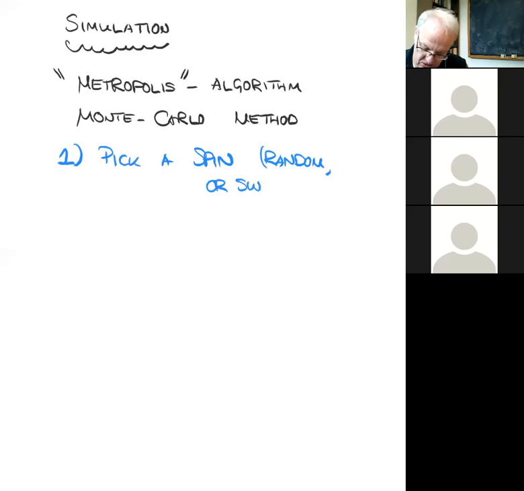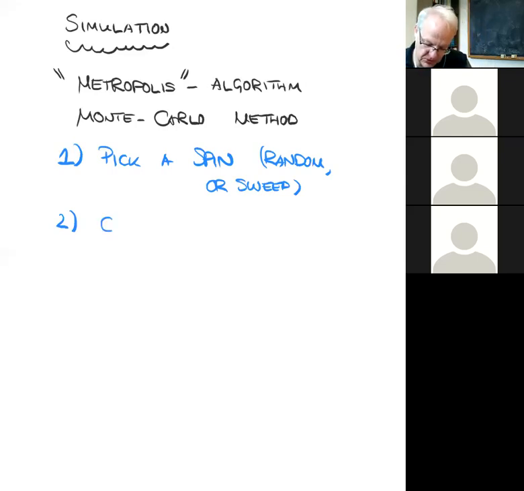By sweeping, what you mean is simply you go to every single spin in the lattice, and it doesn't have to be in a particular order. You can go through the rows, or you can go through the columns, or invent some more complicated thing. So the algorithm is very robust. You can do that in many possible ways. So you pick this spin. The spin is currently pointing in some direction, either up or down. And what you do is you compute by how much you change the energy of the system if you were to flip that spin.